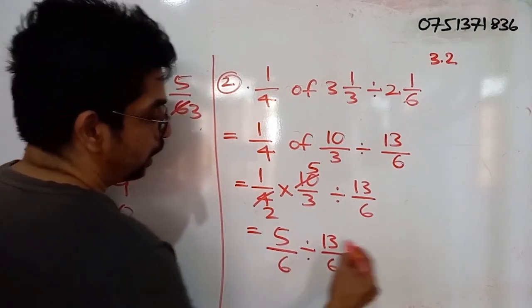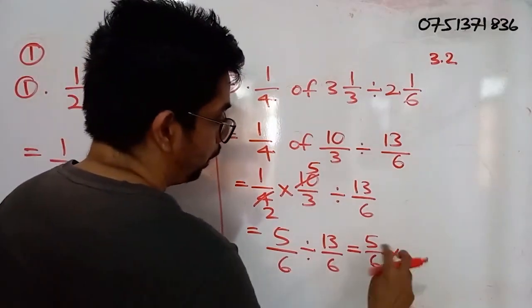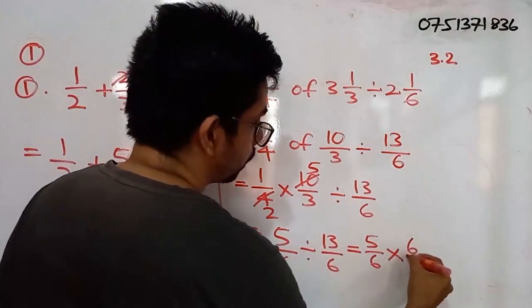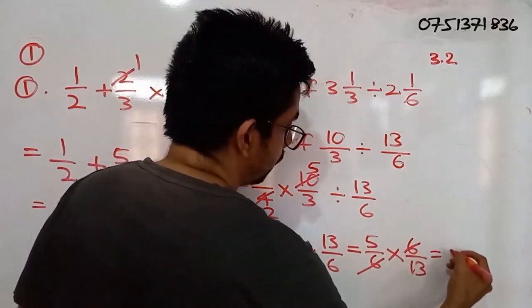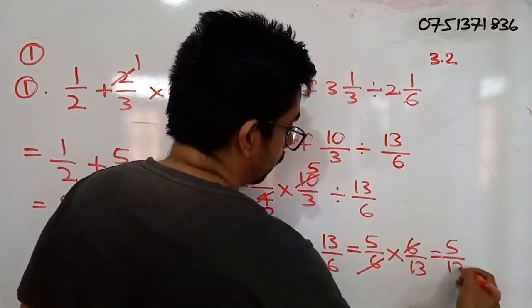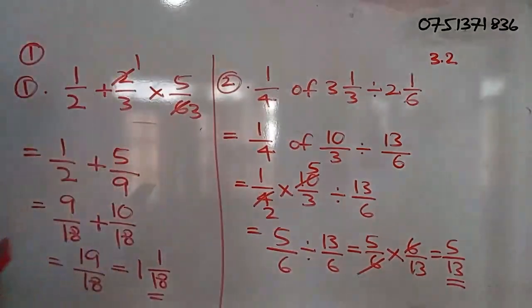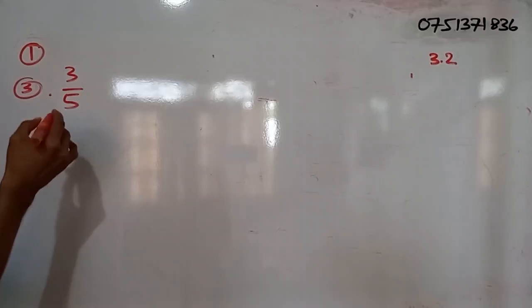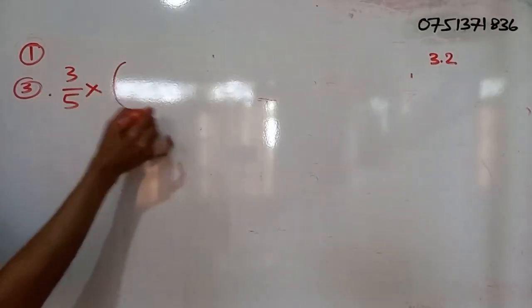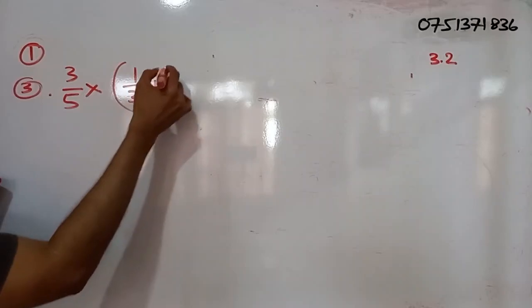Now this division, I can replace it by what? A multiplication and write the reciprocal. So 6 by 13. So cancel out the 6's, then I get what? 5 by 13. Okay. So here I have 3 by 5 into, so within brackets, 1 by 3 plus 1